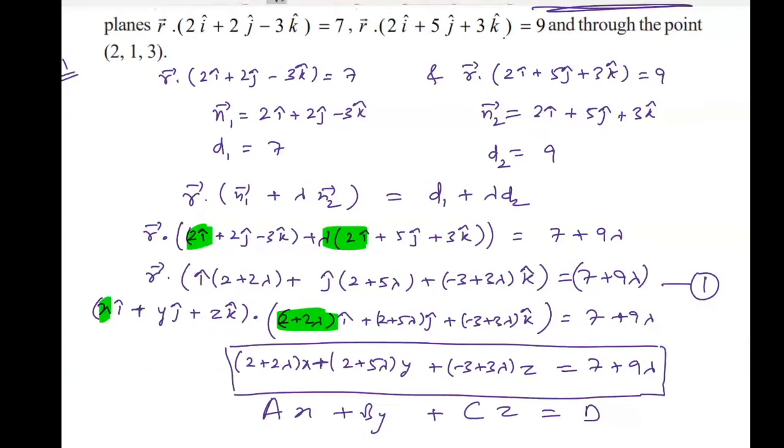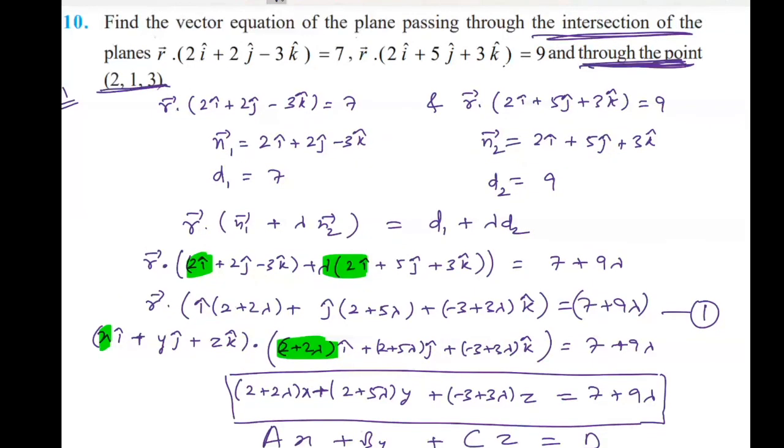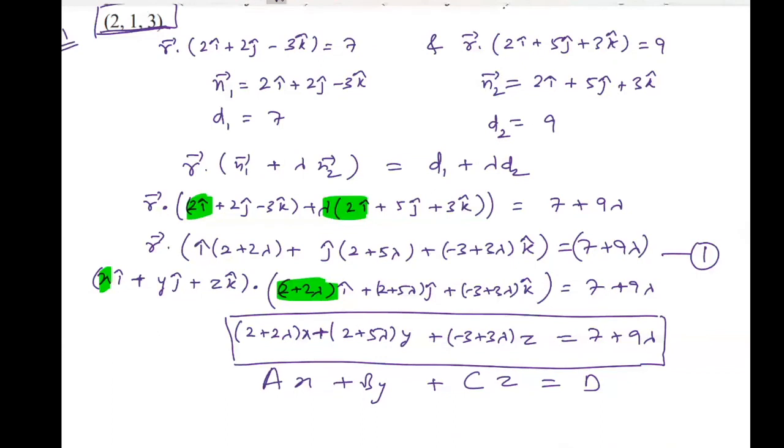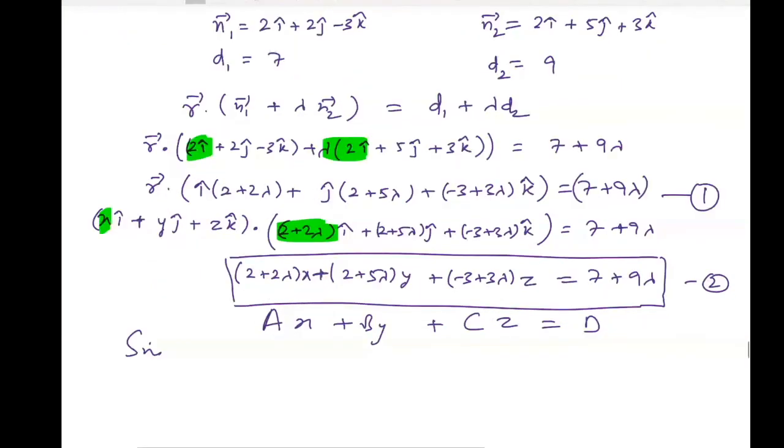See here we have been given a condition. If the condition is not given, then there are infinitely many such planes. But the condition is given that the plane is passing through a particular point. And what is that point? That point is nothing but (2, 1, 3). So we will write here, since the plane passes